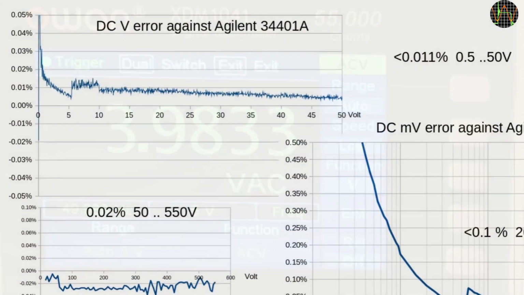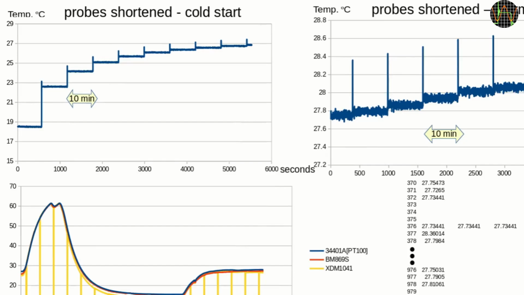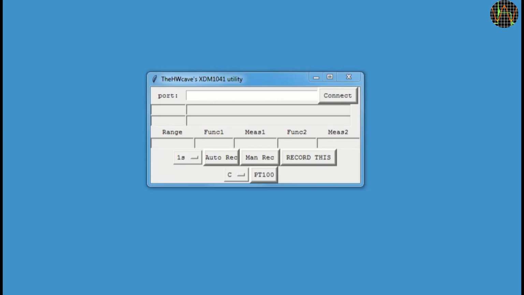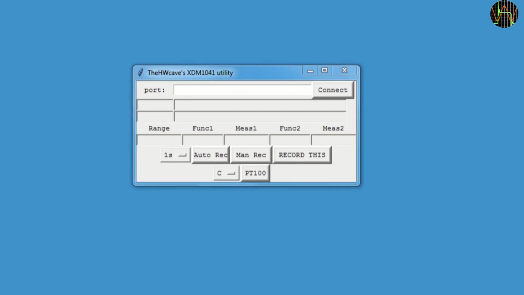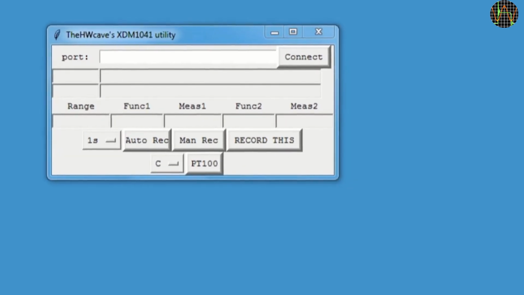This video became necessary because the previous one on the performance overran a bit, mainly because of issues with temperature measurements. Let's start with this little utility coded in Python, which can be downloaded from my GitHub page, link in the description. You saw it already briefly in the previous video. It works on Linux and Windows.